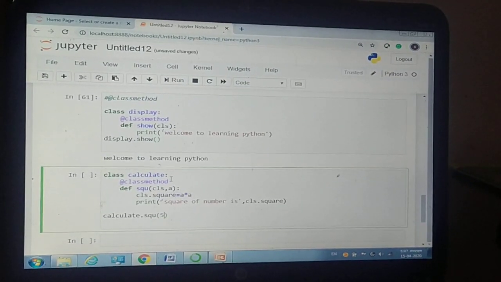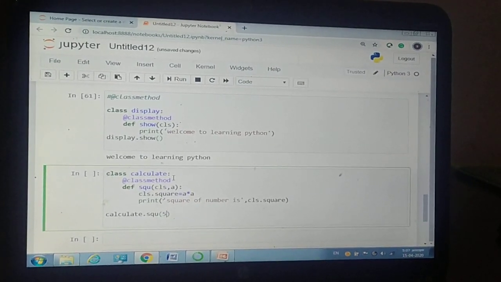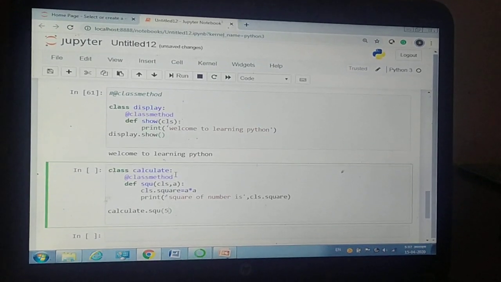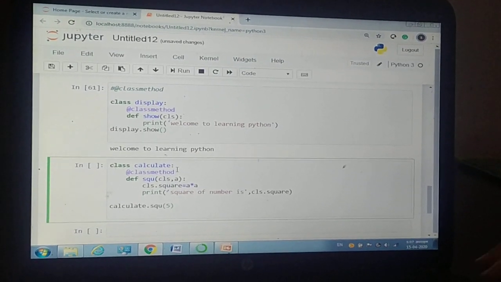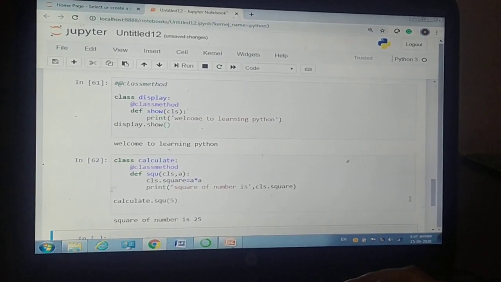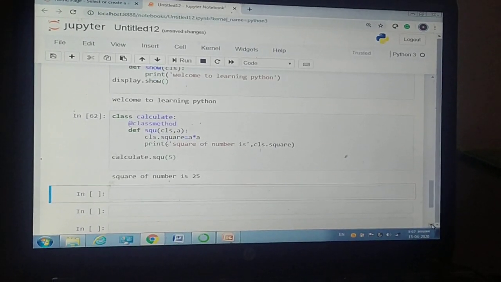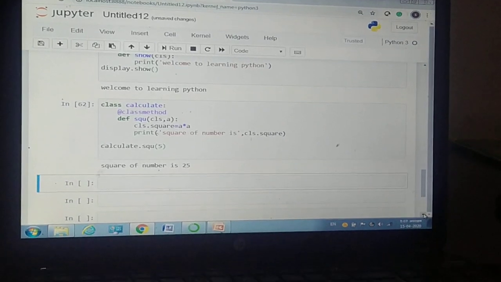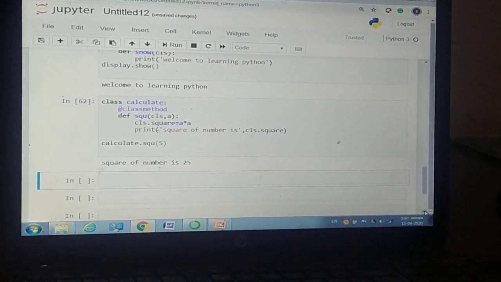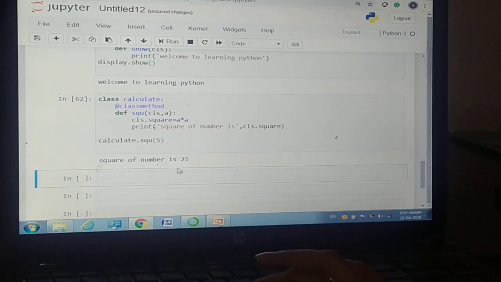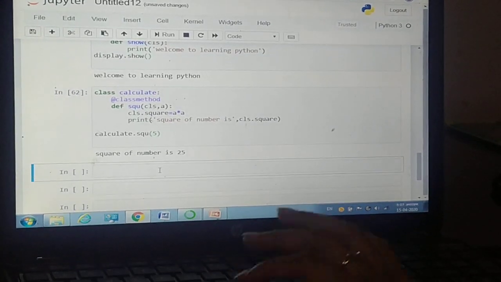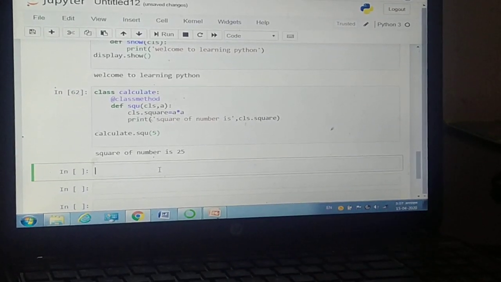Suppose I want to calculate the square of 5, so I define 5 here. Let's run this. So this is how we calculate the square of a number by using a simple class method decorator and a simple class method.